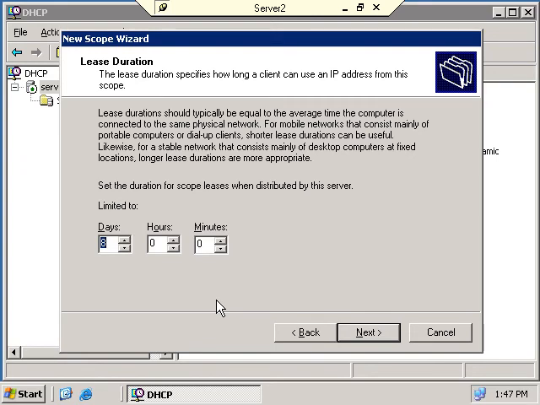Now, things to consider, why you might want to shorten this lease. Nowadays, we've got a lot more laptops out there on networks, and we also have wireless networks. Okay, and if you have a situation where you've got 254 IP addresses like we do, and you set your lease time to 8 days, imagine if you had an internet cafe, for example. With an internet cafe, people would come in, they would basically plug their laptops in,